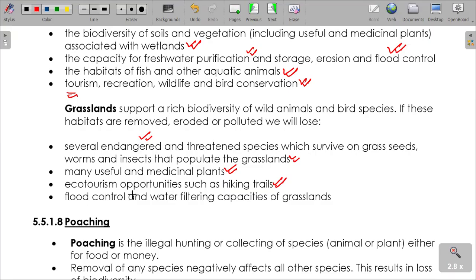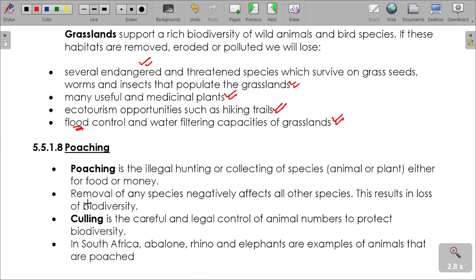Then there are the flood control and water filtering capacities of grasslands. I'm sure that surface runoff, we know very well, is regulated because of the grasslands, which at the end of the day avoids flooding. And then lastly, I'm going to look at poaching, which is the illegal hunting and killing of